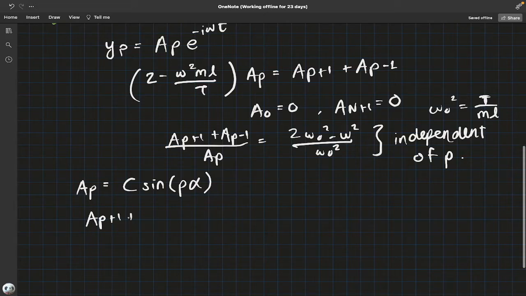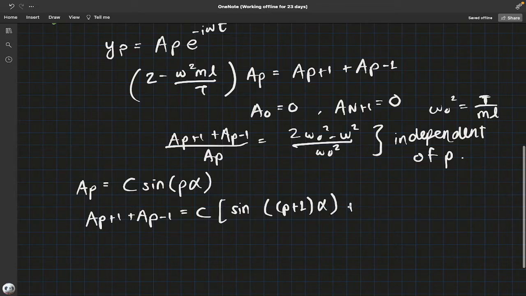And now if we try to compute the sum on top, we have C sine of p plus 1 alpha, I believe, plus sine of p minus 1 alpha,